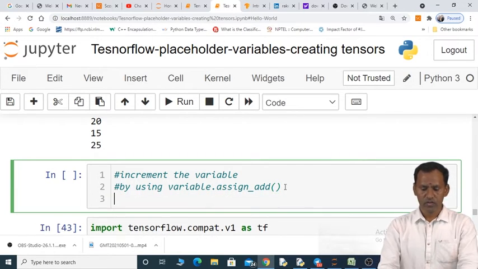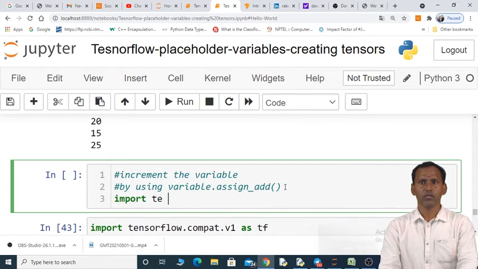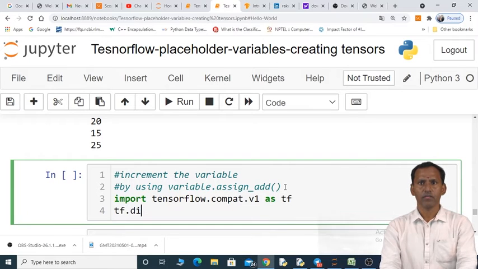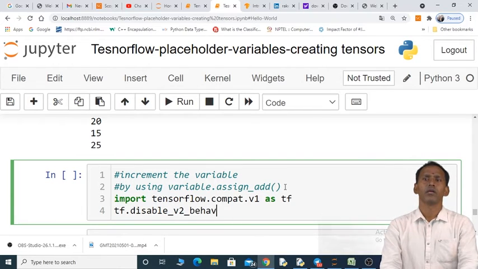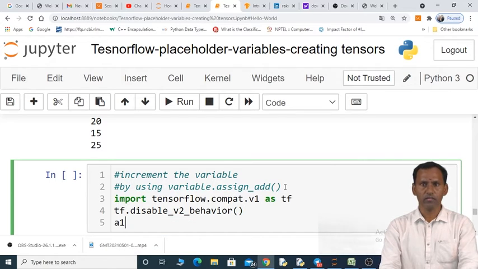Okay, now for this purpose we have to import tensorflow dot compat dot v1 as tf dot disable underscore v2 underscore behavior. Now we have to create a variable a1, tf dot variable, initial value is 10.